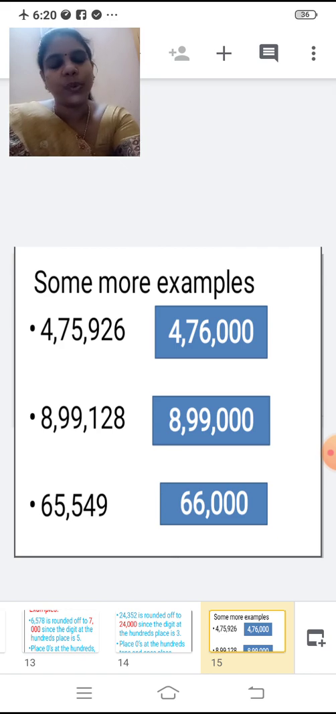So, we have to add 1 to the digit at the thousands place. Now, tell me what digit we are having at the thousands place? 5. Very good. So, 5 plus 1, 6. 6 in the thousands place now. Then ten-thousands place we have 7 and lakhs place 4. So, 4,75,926 is rounded off to 4,76,000. Next example,